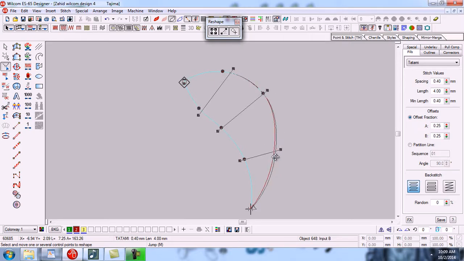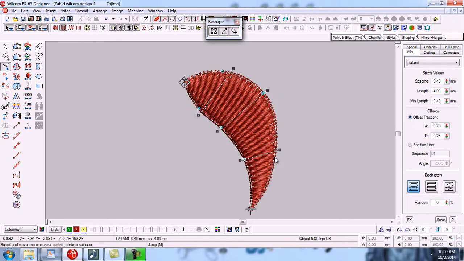Anyway, you can edit your objects, and all these things you have already learned in the previous videos. So now turn on true view and show stitches values and edit the angle,